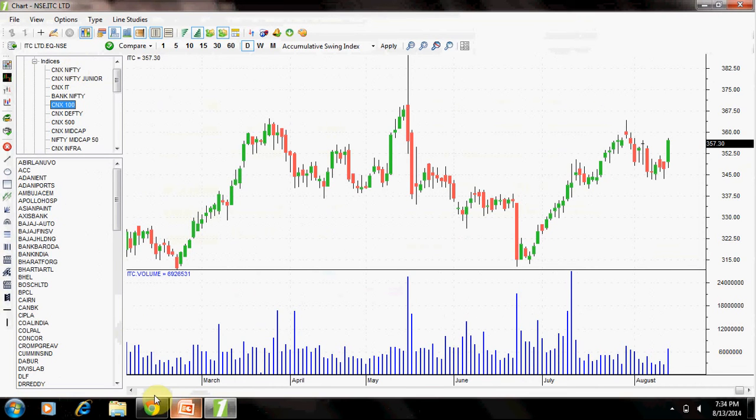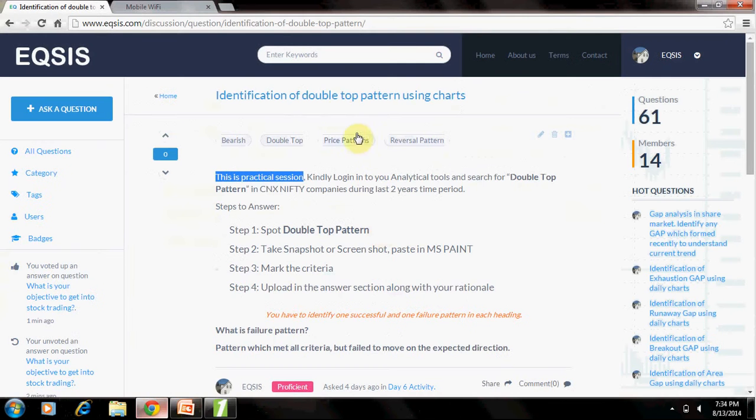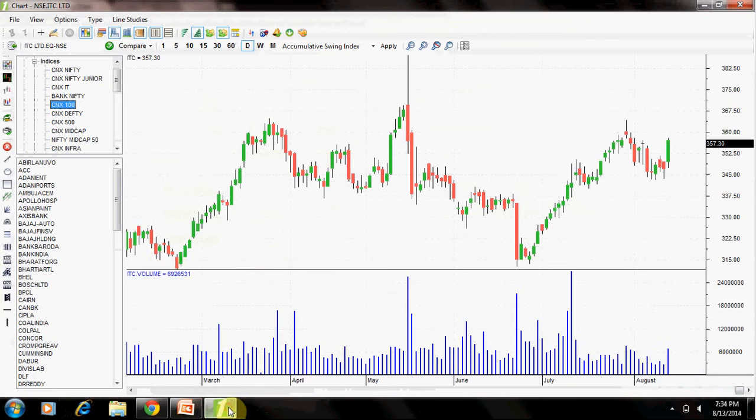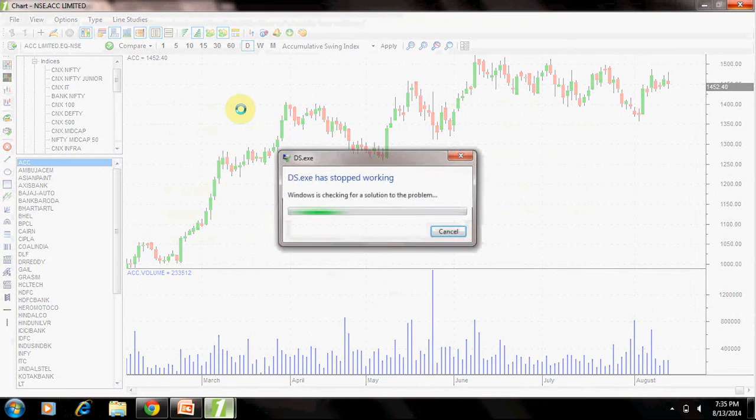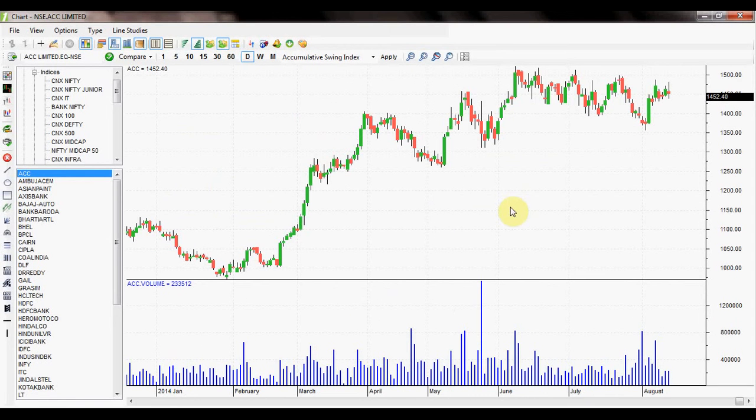Now go and look at the question. This question is only about a double top, am I right? This is only about the double top. So now go to this, just press any company, ACC. If you go to the ACC, now what we have is the ACC chart. So what we have to do now is